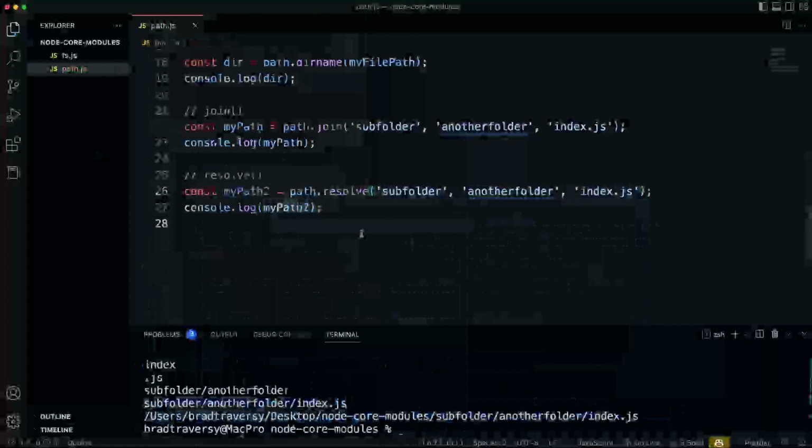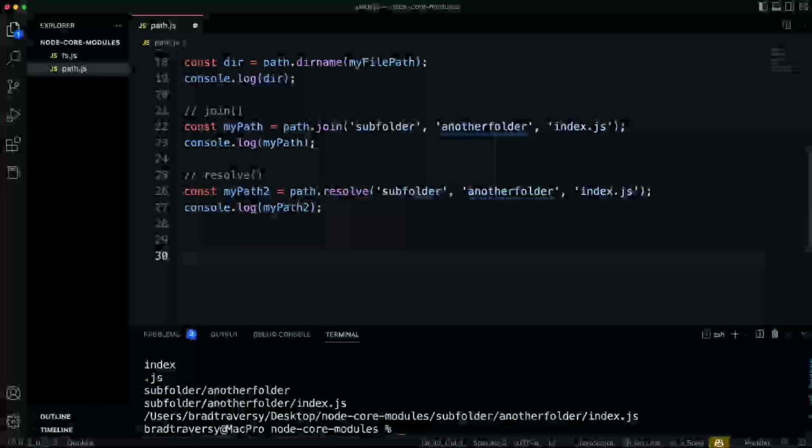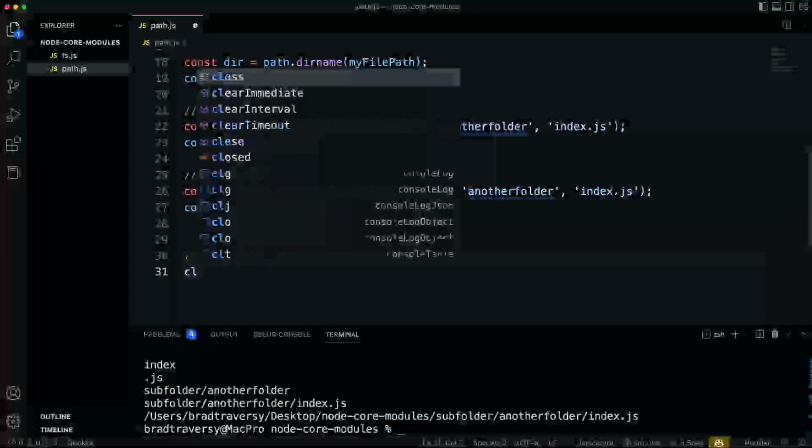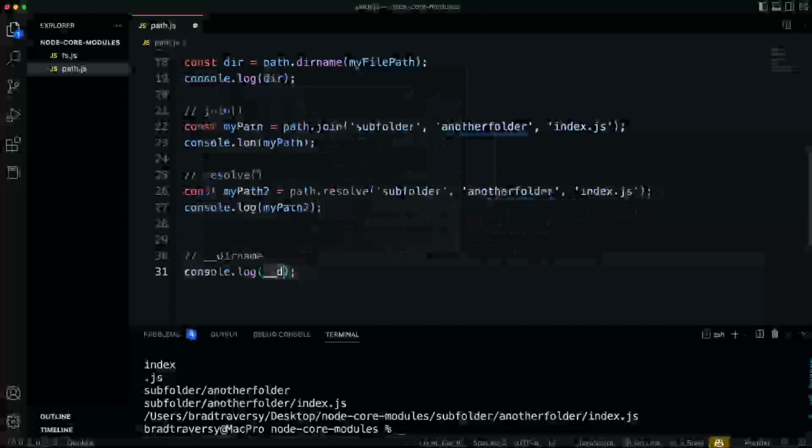All right, now those are the methods. There's two variables that I want to show you, and that is __dirname and __filename. So __dirname, you're going to see this a lot. It's called an environment variable, and it tells you the absolute path of the directory containing the currently executing file, so the file that you're in. So whenever you're pointing to the file you're in, you should use __dirname instead of /. All right, so we can just do a console.log here of __dirname,